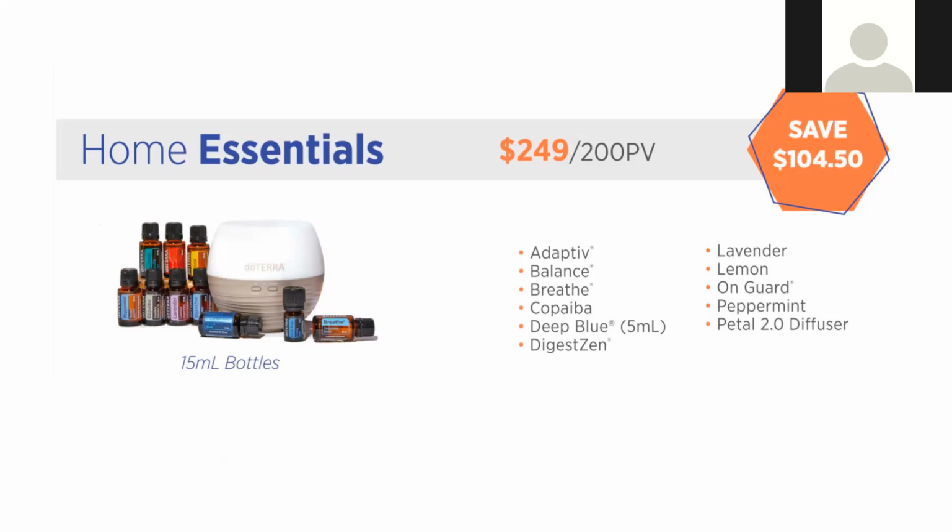Copaiba, which is the nicer sister of CBD. Copaiba has the endocannabinoid system within it. So what that means is it works just like CBD or THC does in our body, but there are no psychoactive effects. There's no trace of THC or CBD in this. So if drug testing is something that's a concern for you,